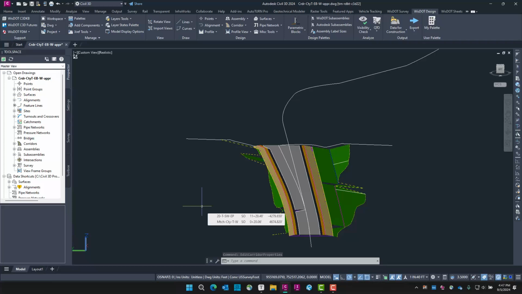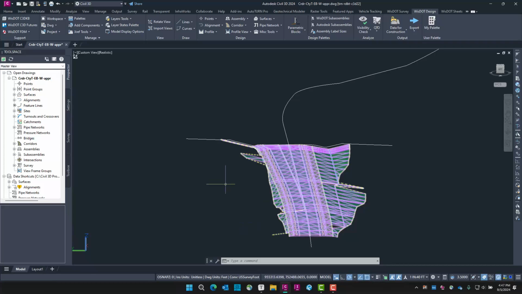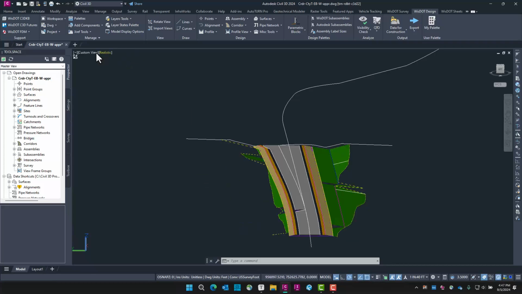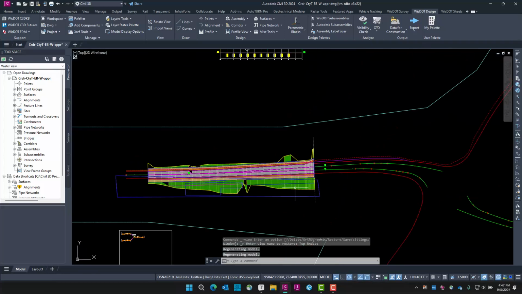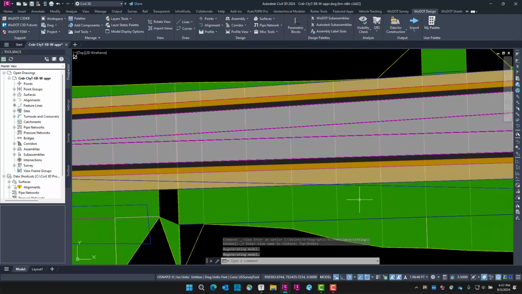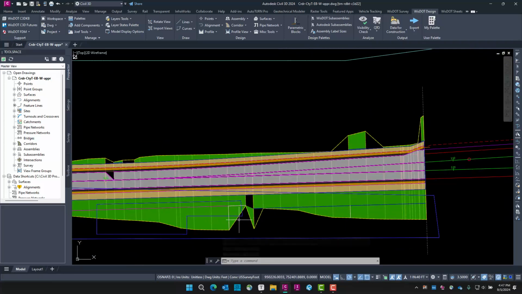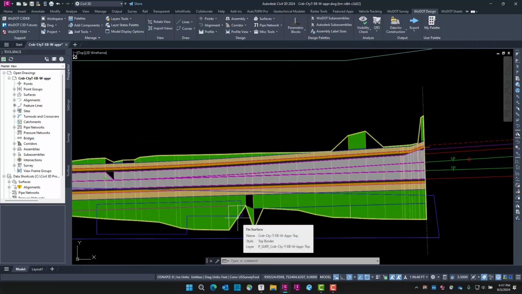Okay, so I've got green for my side slopes, a tan for a gravel shoulder, black for a paved shoulder, and then gray for my concrete. Now I'm going to go to a top view and zoom over to it. And I do want to point out here, you are going to see some breaks in it